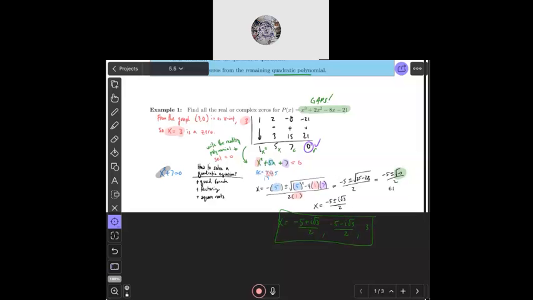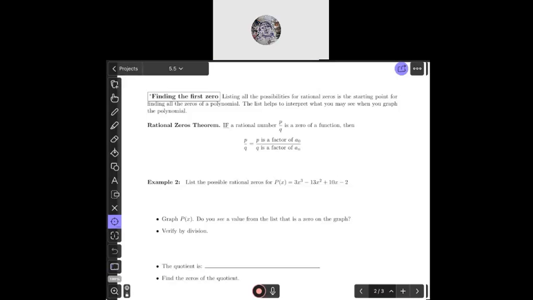All right, let's flip the page then. So, finding that first zero. Last time we saw on the graph, speaking of the graph,